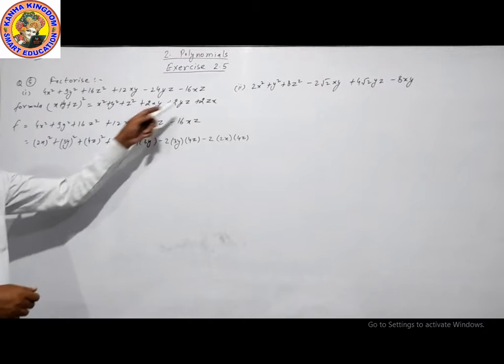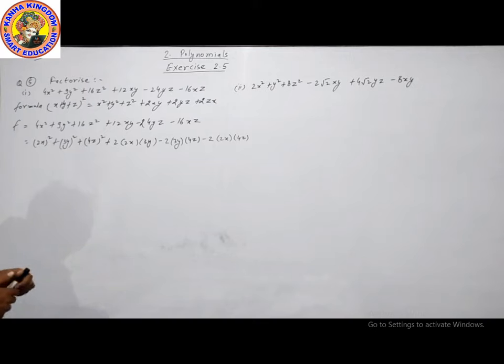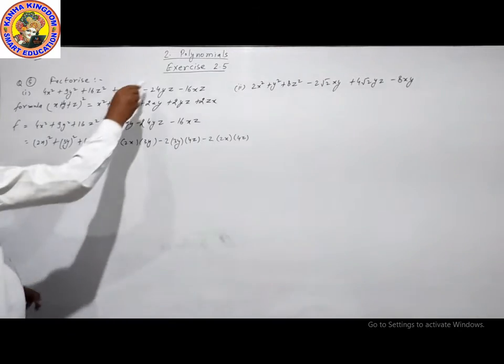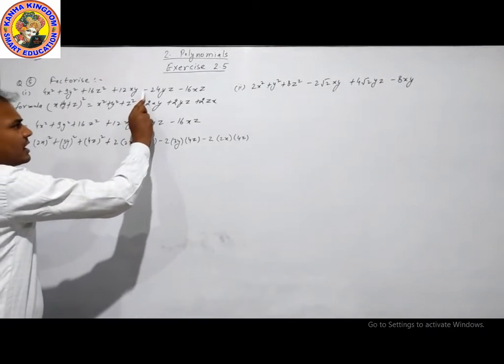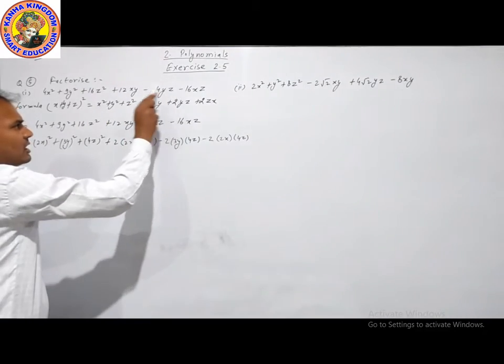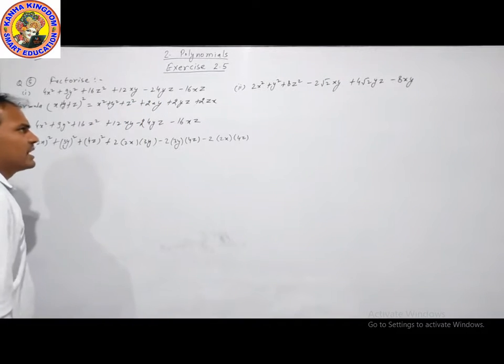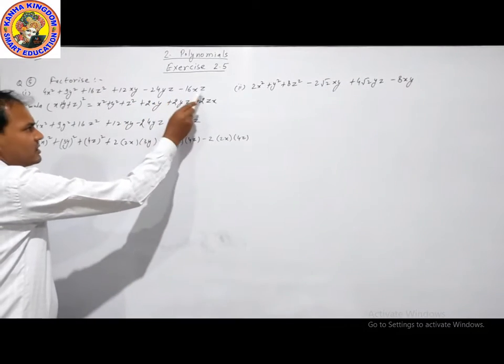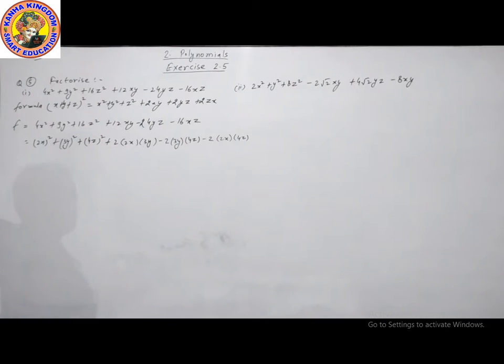Now in this formula there are only plus terms, but here is minus. How do we make this minus? In this equation there are 2 minus terms. What is the common part? The common part is z, so the z is the minus term.